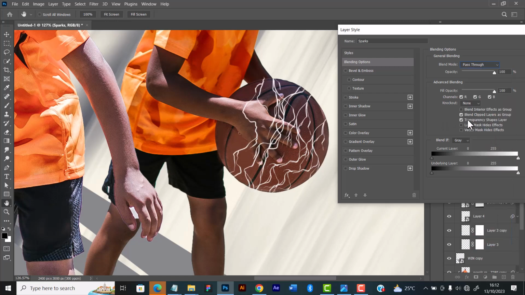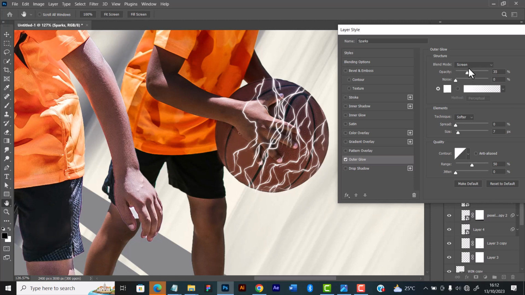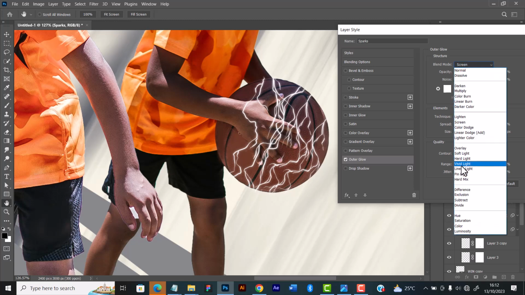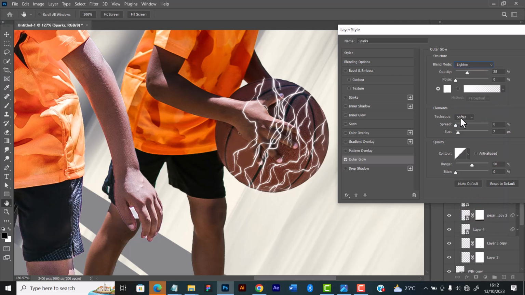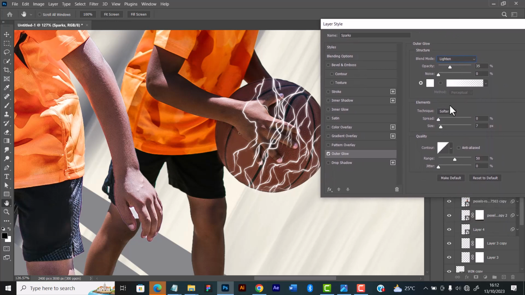It's all the same white. So I'm just going to add outer glow to it, and for the blend mode of outer glow, I'll put it on Lighten. I'll put it on Lighten, and then I would see if I can adjust the glow, the spread for the glow, and the size as well. So this is too high. So I think something like this